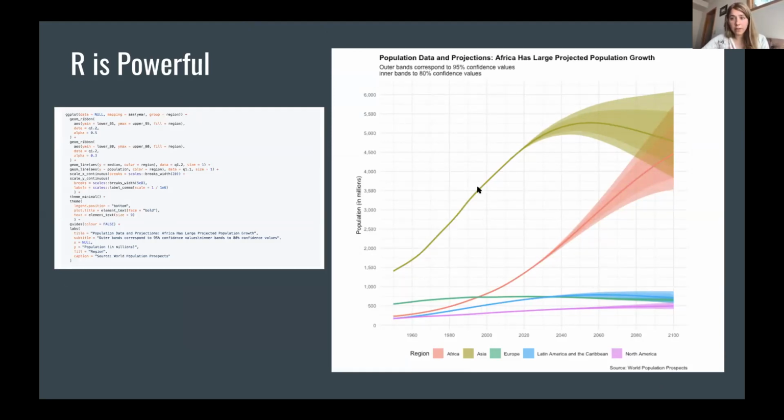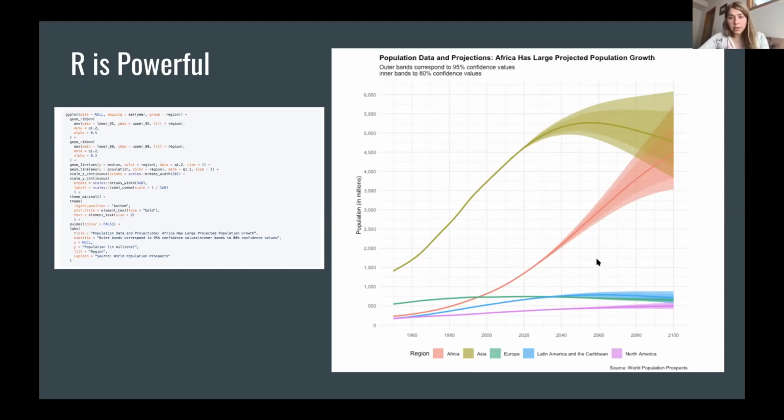Basically, in terms of projected population growth, we see that Africa has this really steep curve, while Asia has had big growth so far, but is projected to stabilize and decline over time.